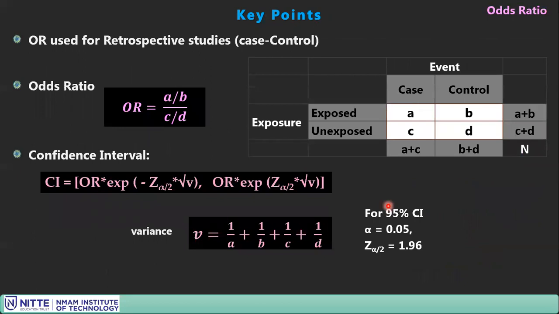Okay, we come to the summary point. What did we learn in this video? Odds ratio is used for retrospective studies, case control studies, where relative risk you can't use it.